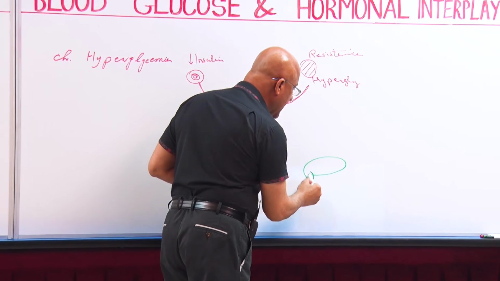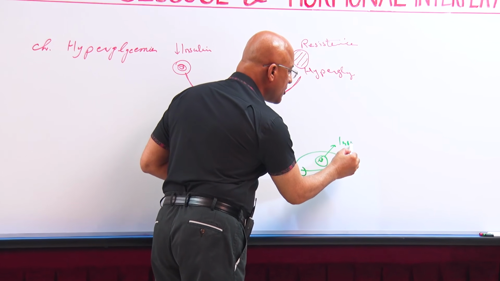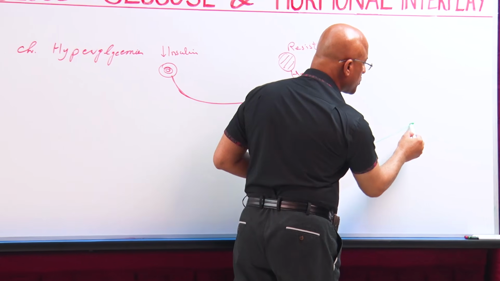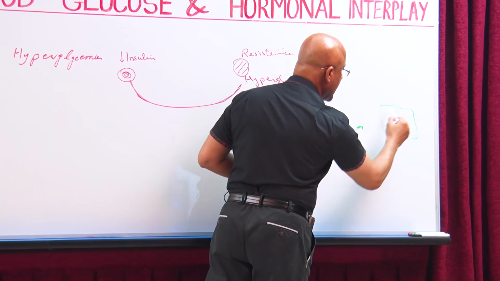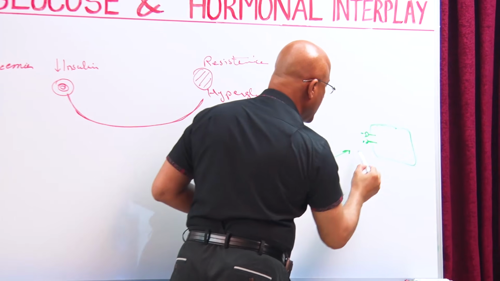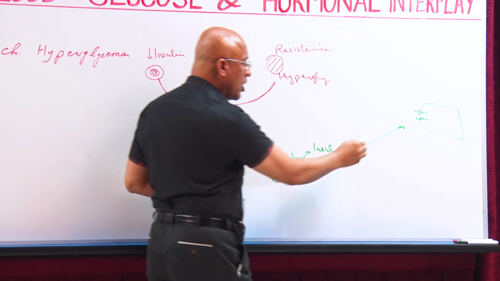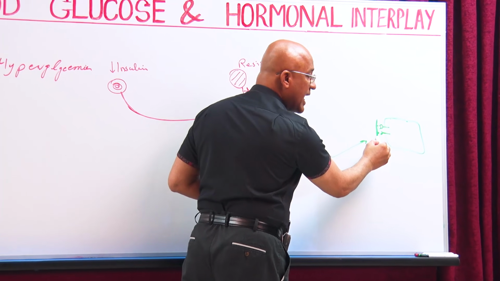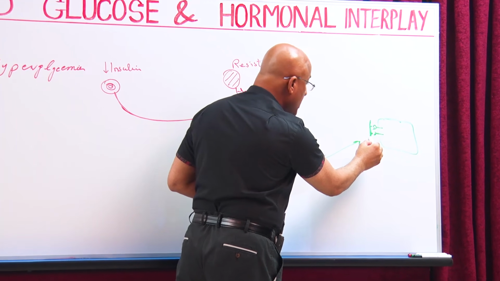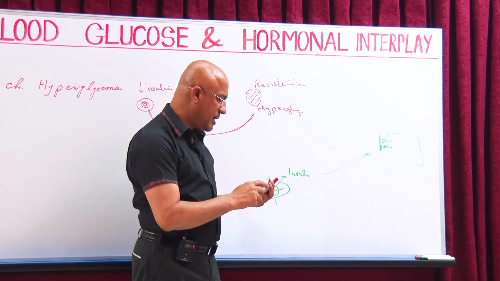If this is the pancreas and here are the beta cells and they produce insulin, right? And that is going through the blood to the cells and acting on its receptors, right? Now, either there is reduced production or there is reduced action, right? Or any combination of both things,